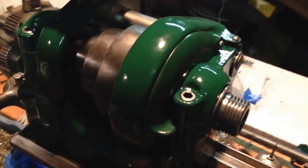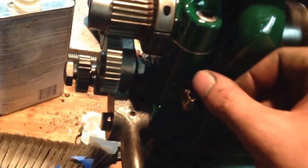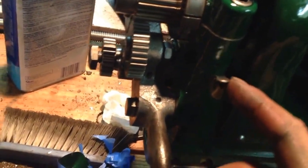Well, as you can see, I got the headstock back mounted up, and put the spindle in there. Got the oil cups cleaned up and put back in place. I know I said in the earlier video when I was going to put this in the dip, I was thinking about leaving these in there. I'm glad I went back and double checked, because while the lid...